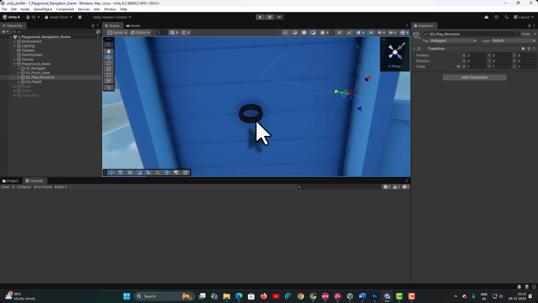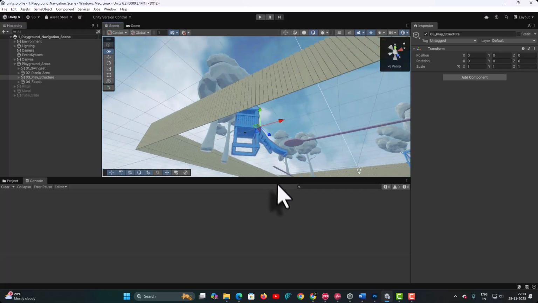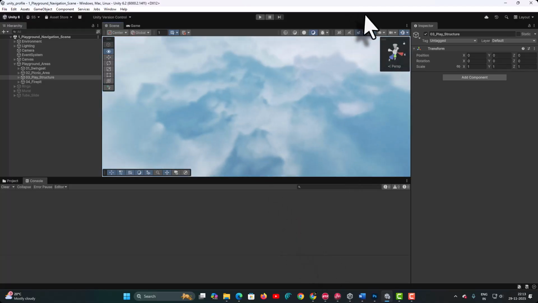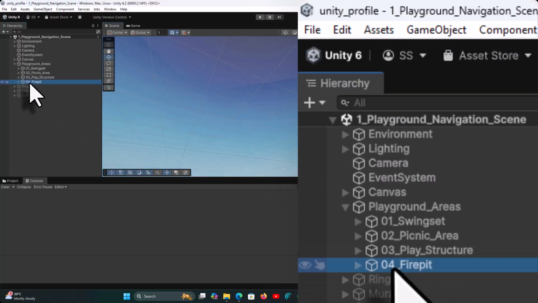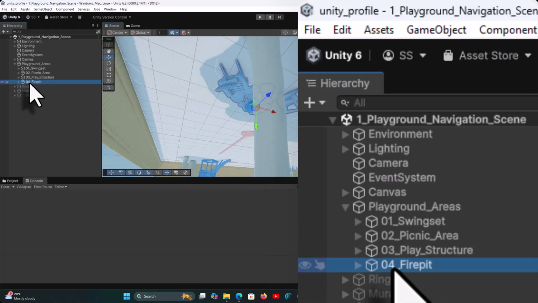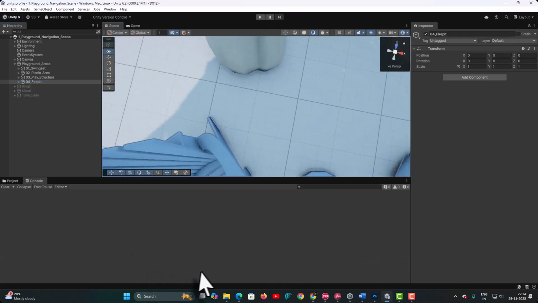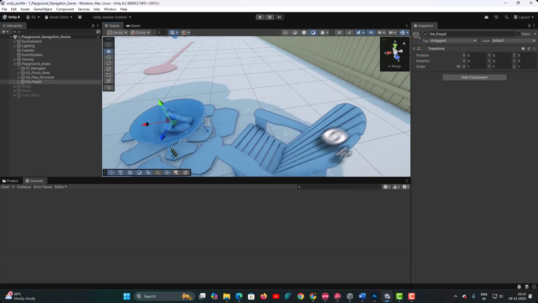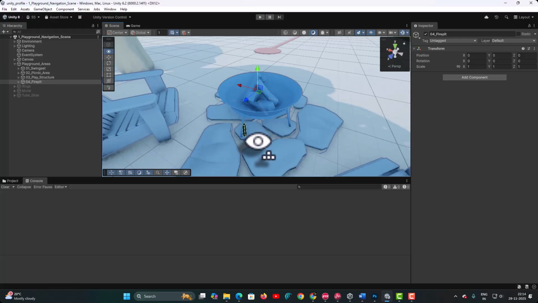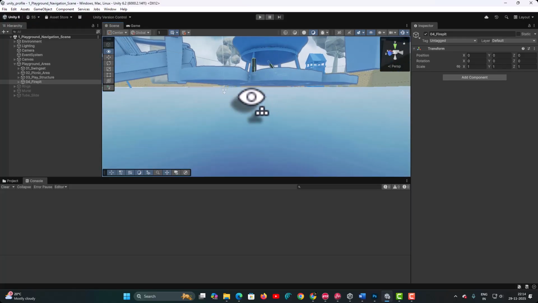Now to get the fourth number, I will right click, press S and move out. I will press E and move up like this, turn around, and now I am going to come to the fire pit, double click on the fire pit. See, now you are seeing the fire pit. It is reverse tilted, so right click, and if you rotate around, you can bring it back to its original position like this. If I press Q and come down, see, this number that you are seeing is not correctly